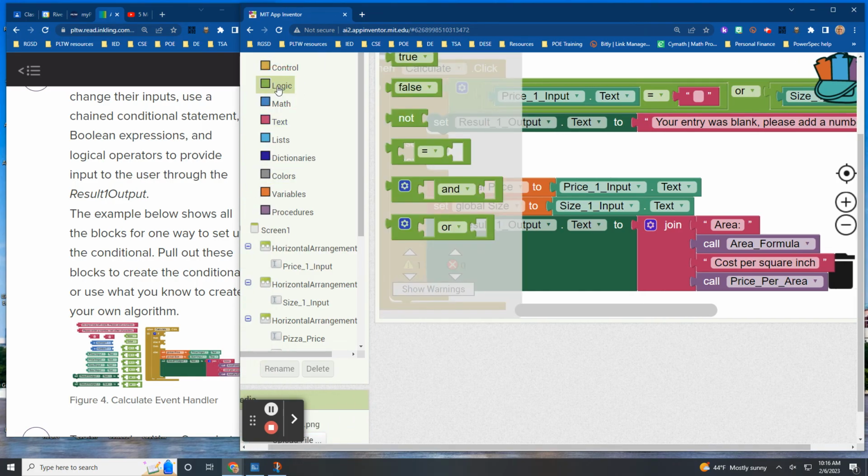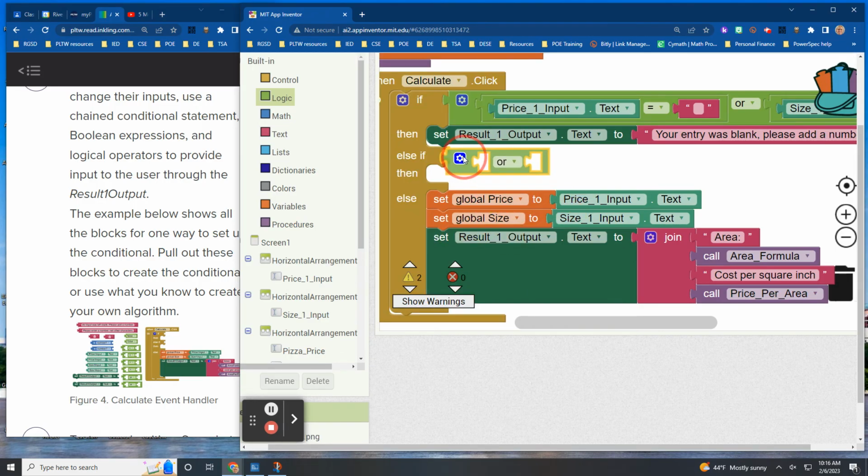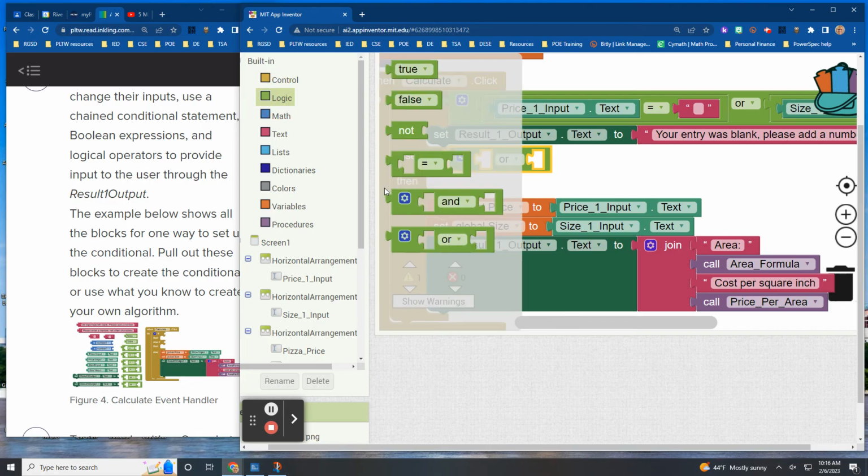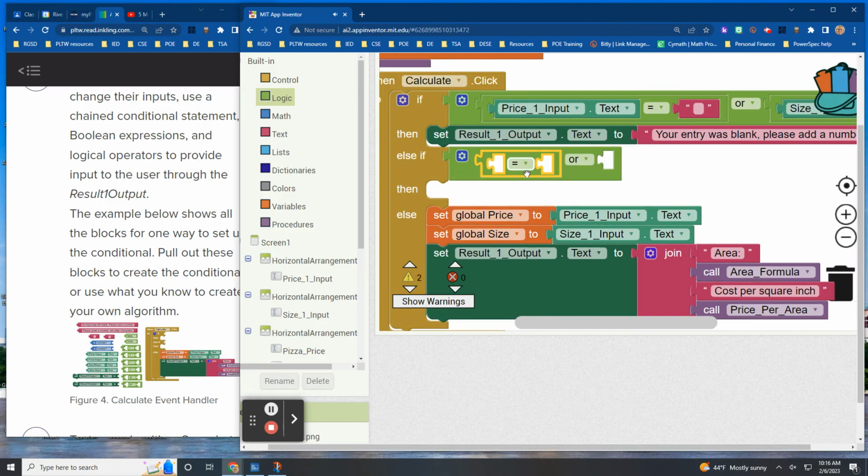Okay, so do we go here? Else if, we need a mutator. We need our or again. We're going to put that here. And then we need two more logics, two equal signs again. It's almost a duplicate of what we did the first time. It's set up the same. So now in this first else if, if they inserted a number,